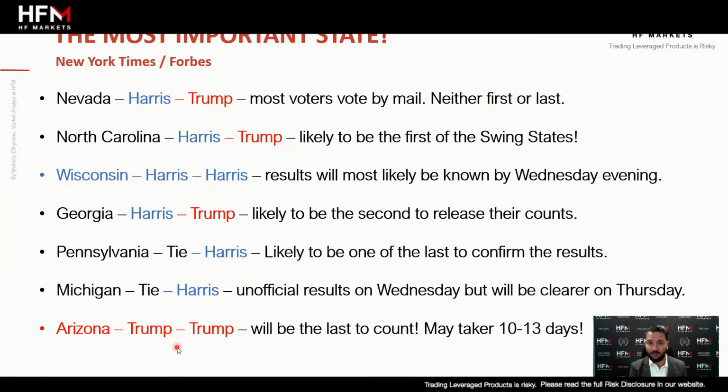Since 1984, he's always got it right, except in 2000. And keep in mind, 2000 was extremely, extremely close. That's the one that took 34 days to count, because it needed to go to the very last count. Now, Lichtman has confirmed that, based on his theory, using these points, Harris is going to be the winner. That cannot be confirmed.